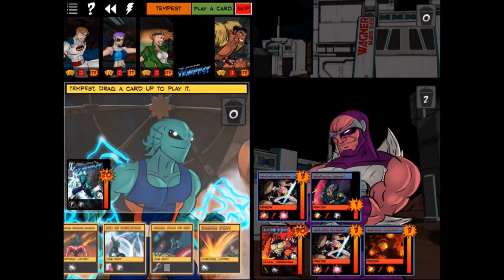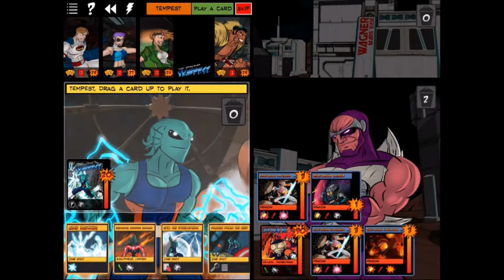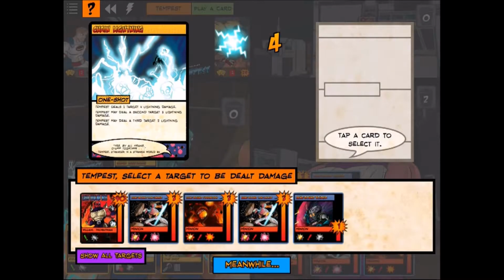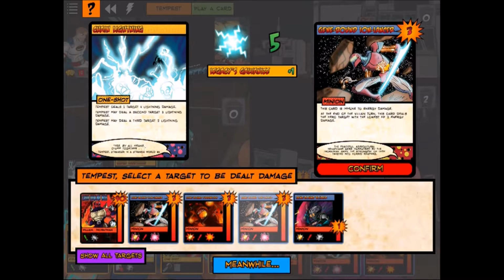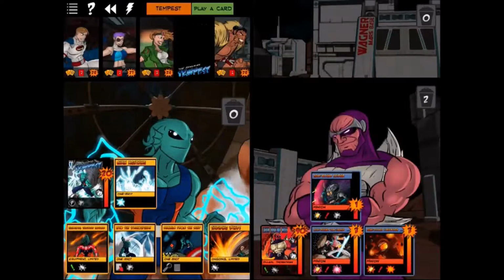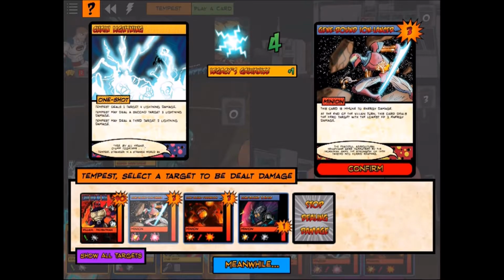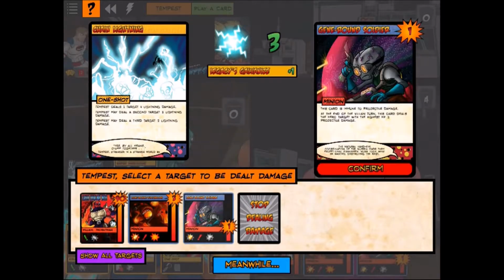Let's see here. We can do a Chained Lightning. That's probably the move to do right now. So that'll let me hit 3 targets. So here we go. We'll get rid of this guy here, and then with the last bit I'll take out this guy,